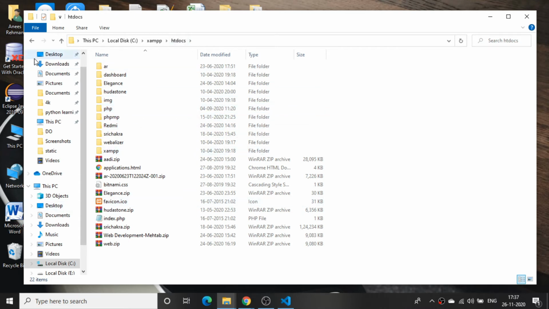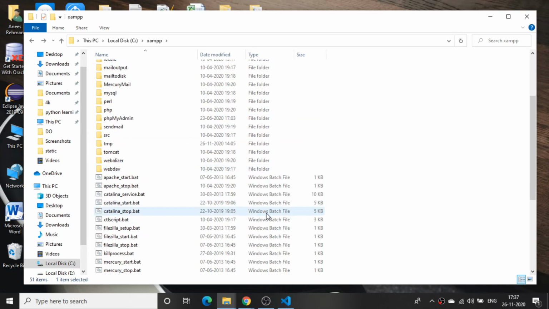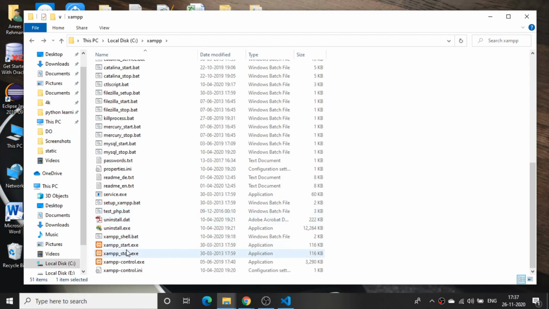Okay, then only it will take, or else in our stuff we don't need, we are working with Flask. There is not any mandatory to open from there itself. So just I have shown you. Next you can come a little bit down, you can see here we have XAMPP start, XAMPP control and XAMPP stop. Just click on the XAMPP control.